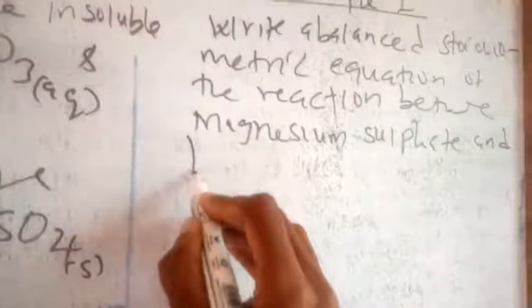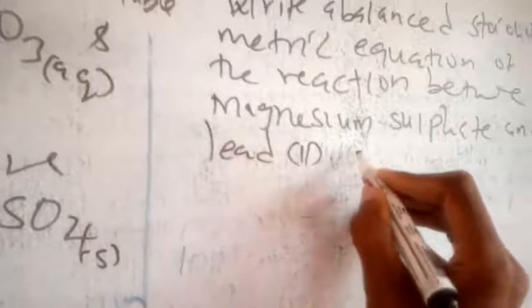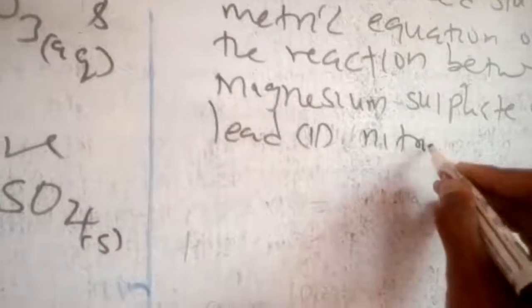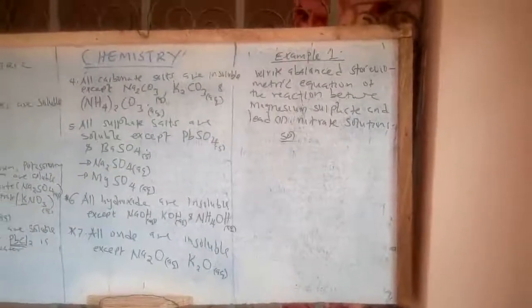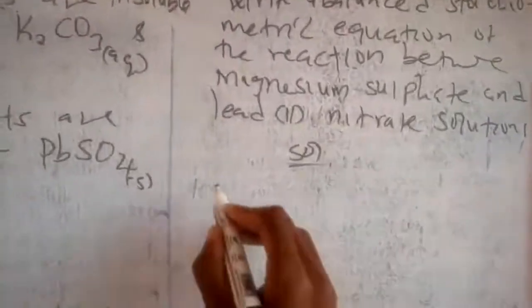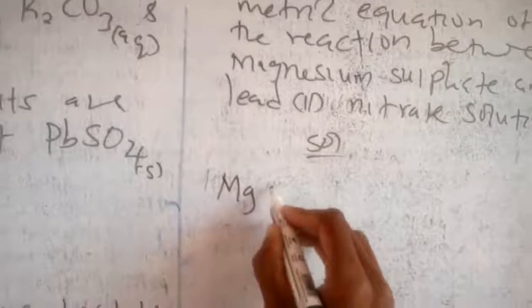Magnesium sulfate and lead 2 nitrate solutions. So how do we write the equation? As I said previously, the knowledge of valency is very, very important. What you're supposed to do is write the magnesium sulfate,